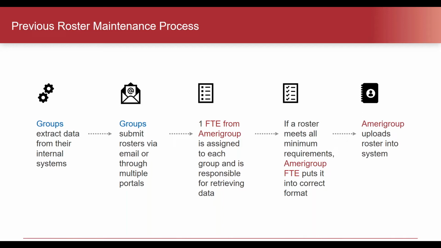Amerigroup had a standard roster format that we would have liked all the delegates to use as well. But we noticed that the larger groups had problems populating their data from their system onto our template. So we accepted their data as long as the key fields were available on the spreadsheet. And if they weren't, then we would of course have to reject the spreadsheet back to them, which would delay getting their data loaded into our system. However, the smaller groups could use our template format and submit it to us timely as well.